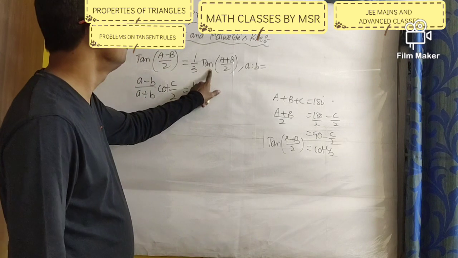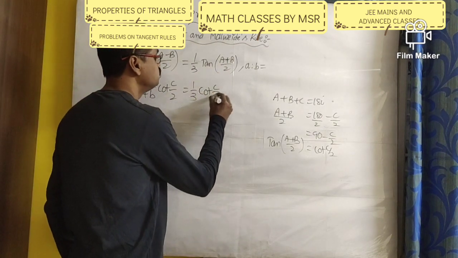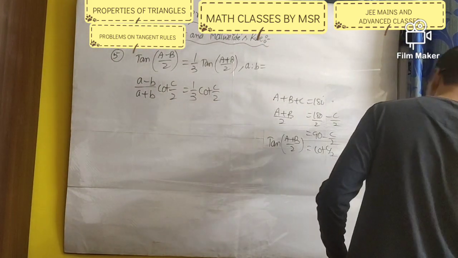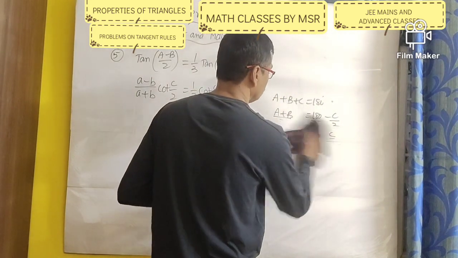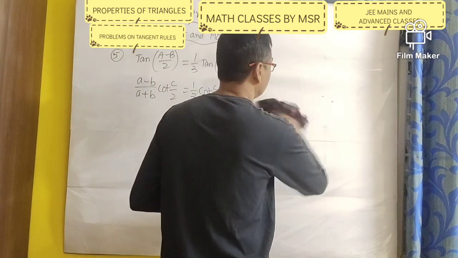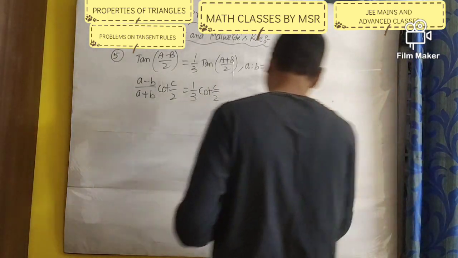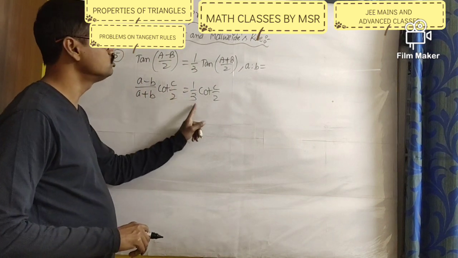Okay. Now in place of tan of (a plus b) by 2 you can write cot c by 2. So a minus b by a plus b into cot c by 2 is equals to 1 by 3 into